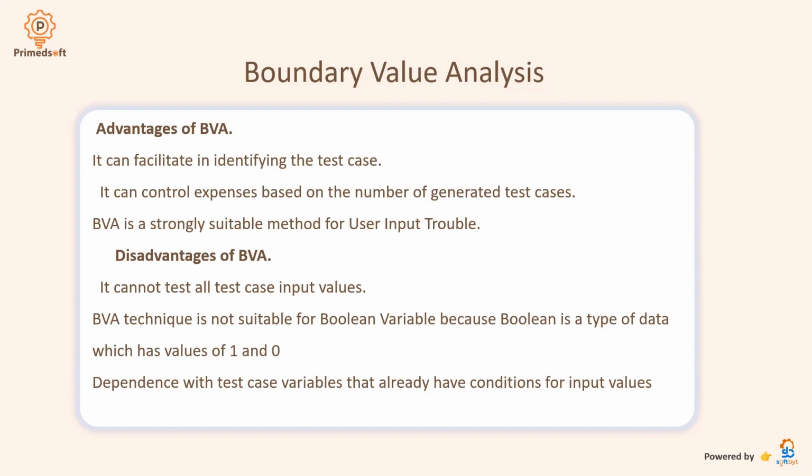Well, it depends on the test case variable that already has conditions for input values, right? Like I mentioned before, the input variable will have to be arranged and sequential so that you'll be able to look at what is within the boundaries. So that is it for boundary value analysis, and we have done equivalence class partition as well. The next one is decision table,